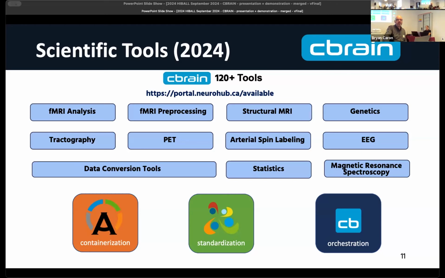Then we also have a separate tab about data sets to show what data sets are immediately available there as well. But the fundamental thing is you can see there's a broad spectrum of different tools that are available, but it's all dependent on the key elements of that. We containerize the tools. If we containerize ourselves, it may also be a container that's been given to us directly from the source creator. So if the source developer author provides a container, we try, as much as possible, to stick with that container.